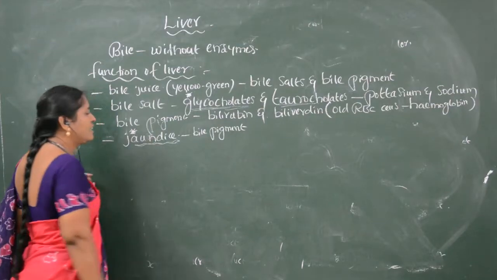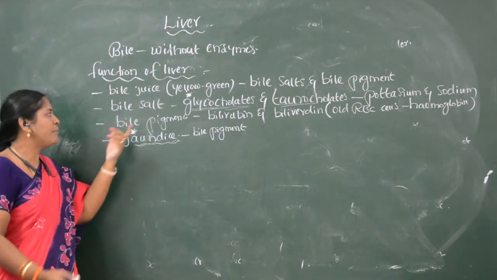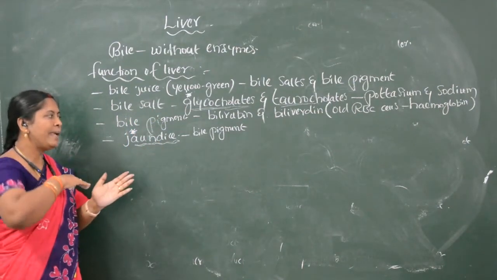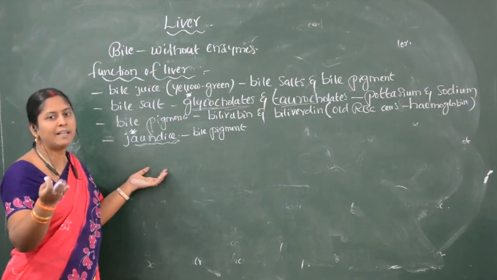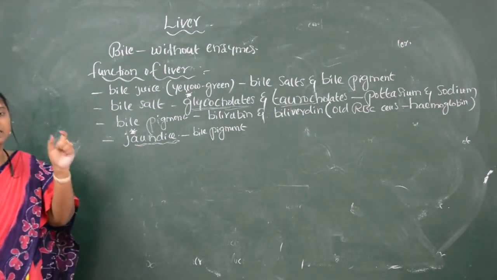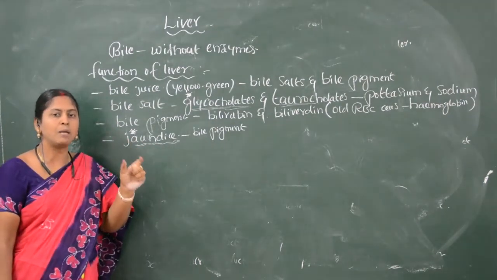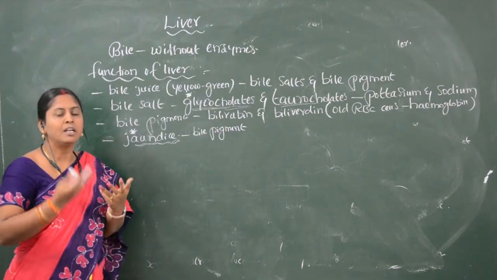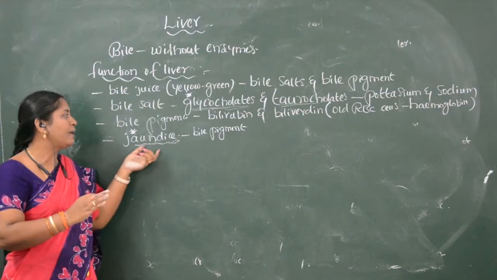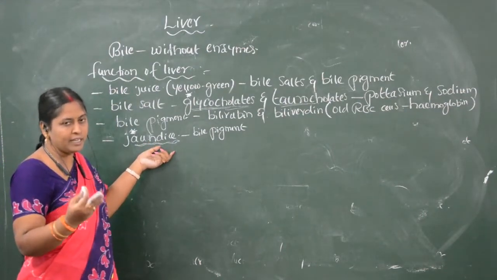So how jaundice occurs in persons because of bile pigments: the bile pigments and bile salts secreted in the body are normally excreted out through the excretory waste materials. But in some cases, when the cystic duct is blocked, what is the cystic duct? The duct which arises from the gallbladder we call the cystic duct. When the cystic duct is blocked, instead of leaving along with the excretory waste materials, the bile pigments enter